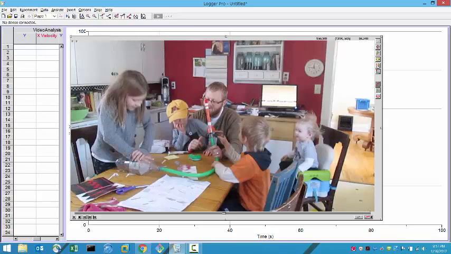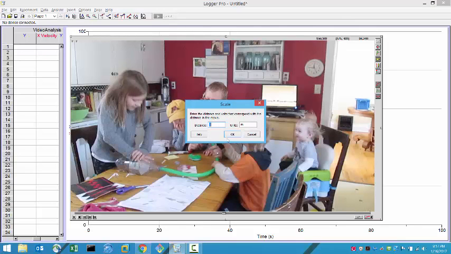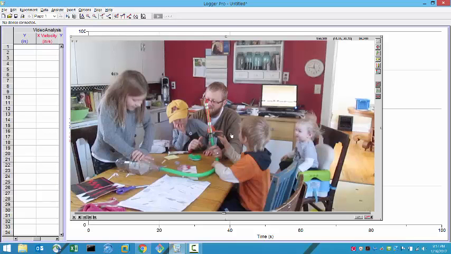So let me click on the calibration stick right there, set the scale, and you just click and drag. I know that that was 11 inches. So now when I track the motion in the video, I'll be measuring in pixels, but the computer will turn that into inches. So once you've got a calibration stick set, you can click on this red button, add point,